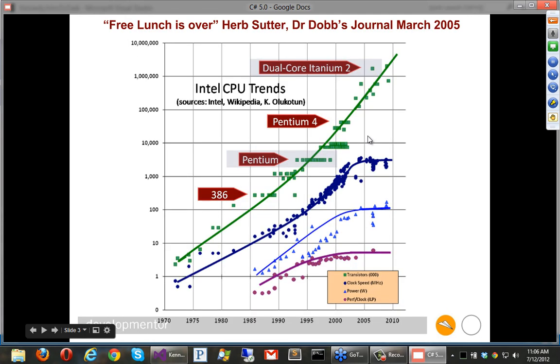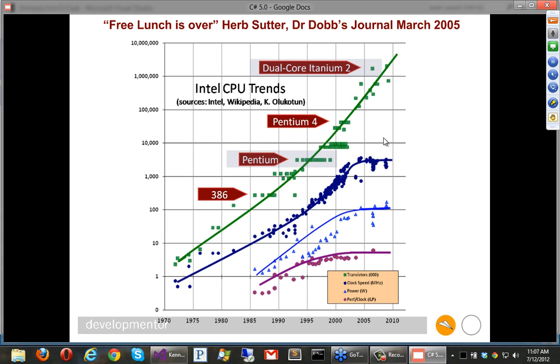Why do we care about threading in the first place? Here's a really interesting graph, and if you look at the date on it, the date is from an article a long time ago, but the graph has actually been updated with up to 2010. So for a long time, we were able to build these applications, and if the application wasn't fast enough, all we had to do was just wait 6 months, a new processor would come out, our machines would be twice as fast, and all of a sudden our application seemed plenty fast, and we just kept on going. And people sort of referred to that as the free lunch.